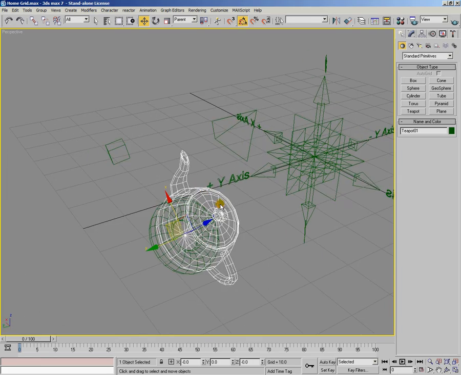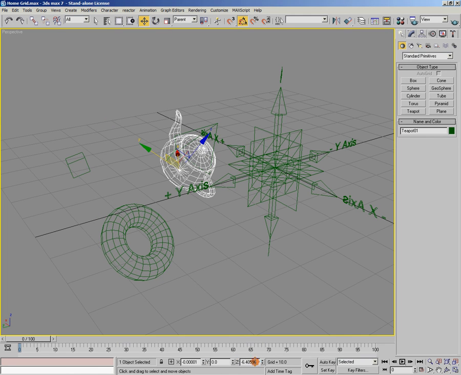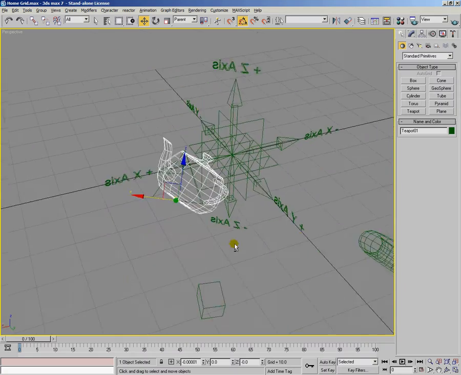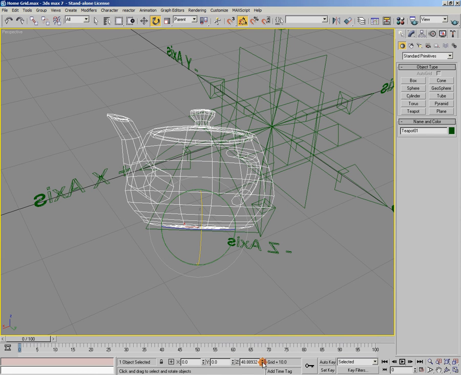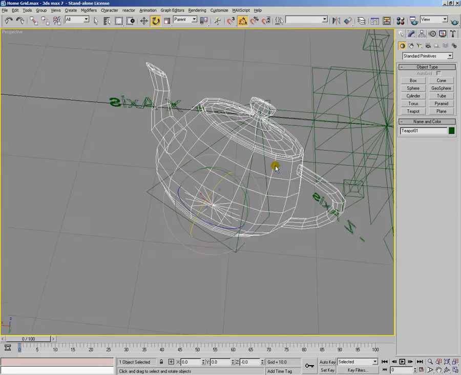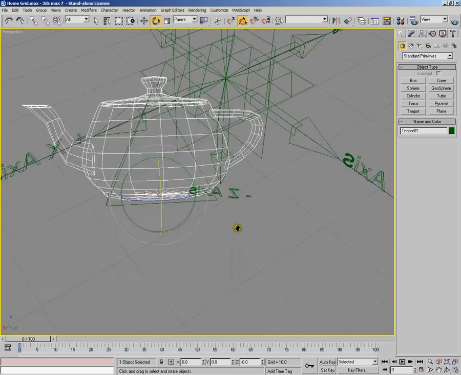Now, if I wanted to do the same, if I wanted to move it over here, I could then link it again back over here to this pyramid, and then making sure that I'm using parent space for translation and rotation. Yep, we've got parent as the reference coordinate system for both. I can now zero the values again, and I can do the same thing. You can see it's slightly out of alignment. But if I go to rotation and I do the same thing, it's on parent, zero the values. And you can see now that the teapot is aligned perfectly with the pyramid. So you can see by using parent space,